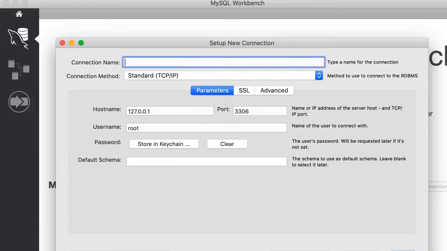On this page, give this connection a name. Let's say local instance. Now the connection method that we're going to use is TCP/IP, which is set by default. The host name is 127.0.0.1, which is the address of the local machine. And the port is 3306. This is the default